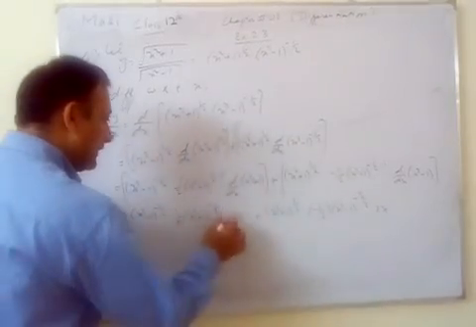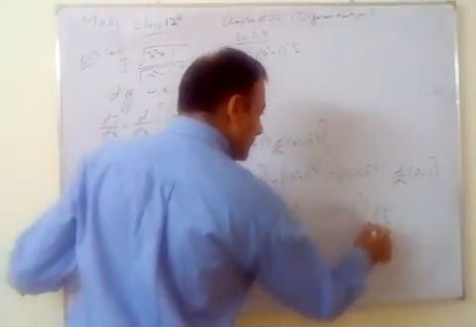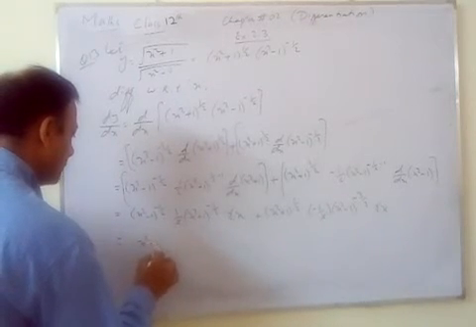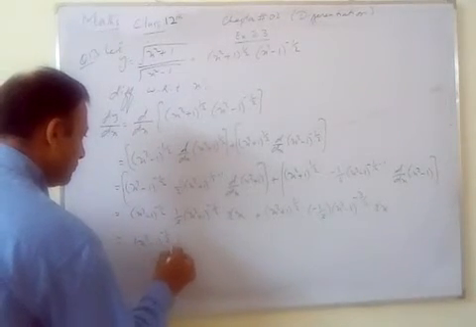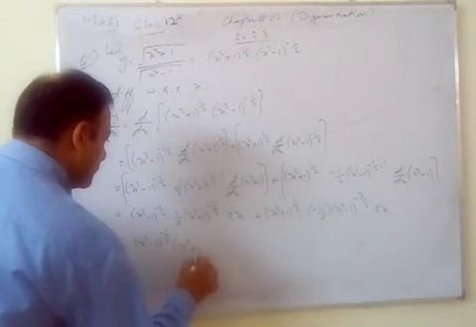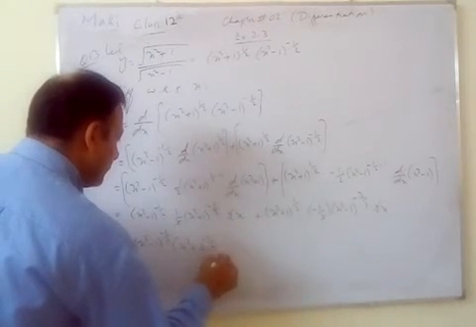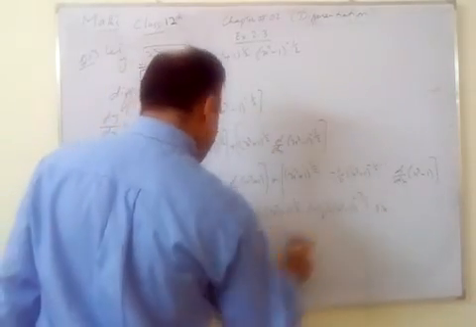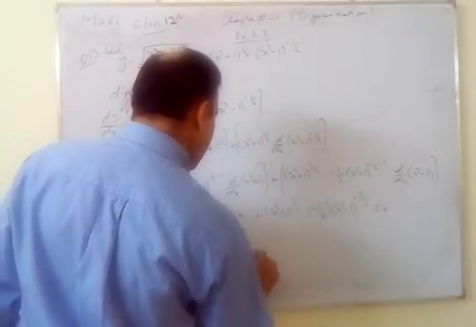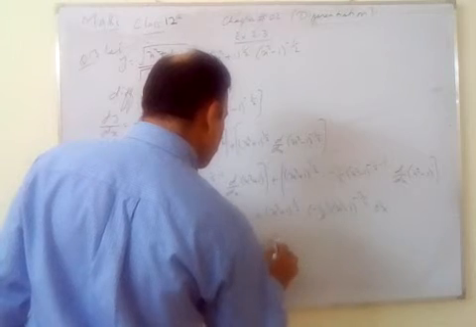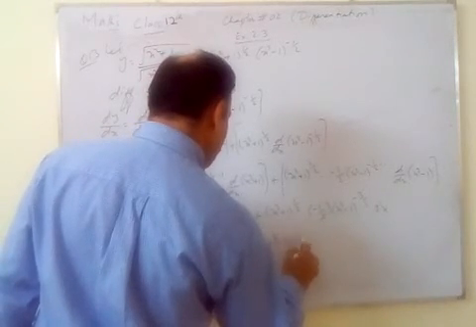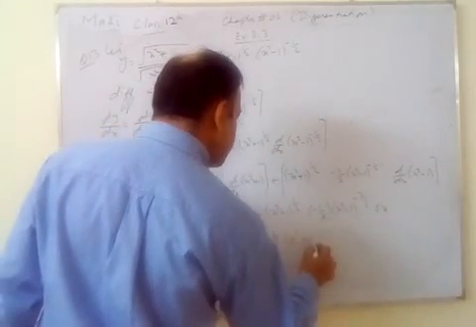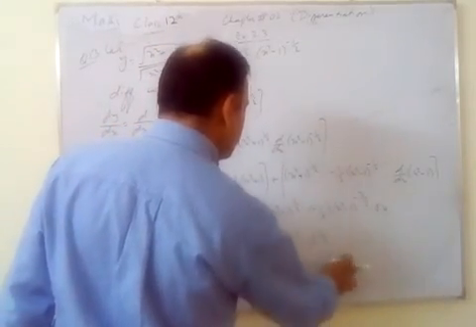So this 2 and this 2 cancel, this 2 and this 2. So we have (x square minus 1) power minus 1 by 2 into (x square plus 1) power minus 1 by 2 into x is here, minus x (x square plus 1) power 1 by 2 into (x square minus 1) power minus 3 by 2, this one.